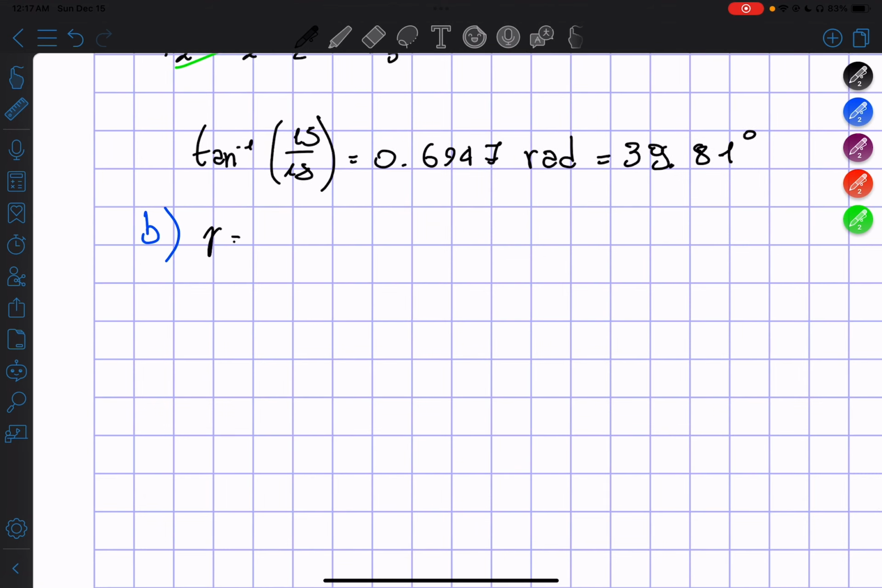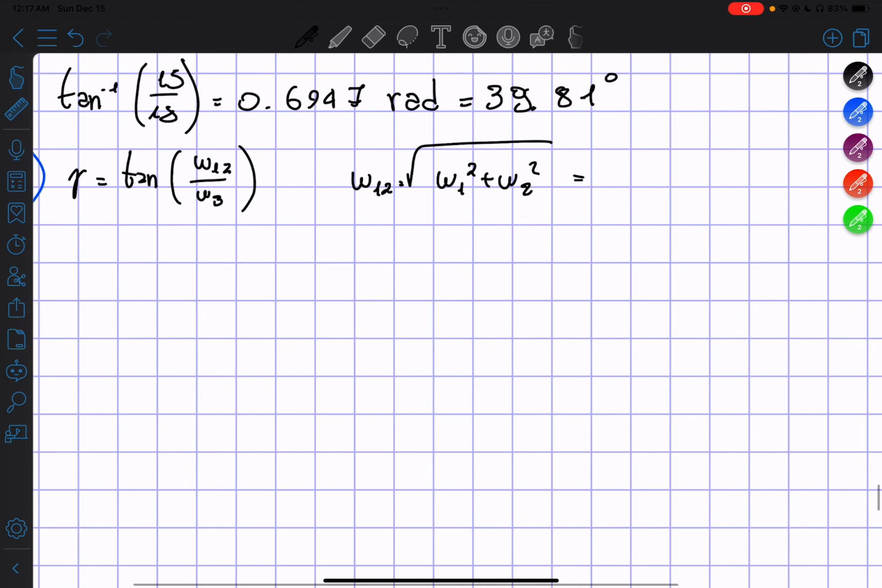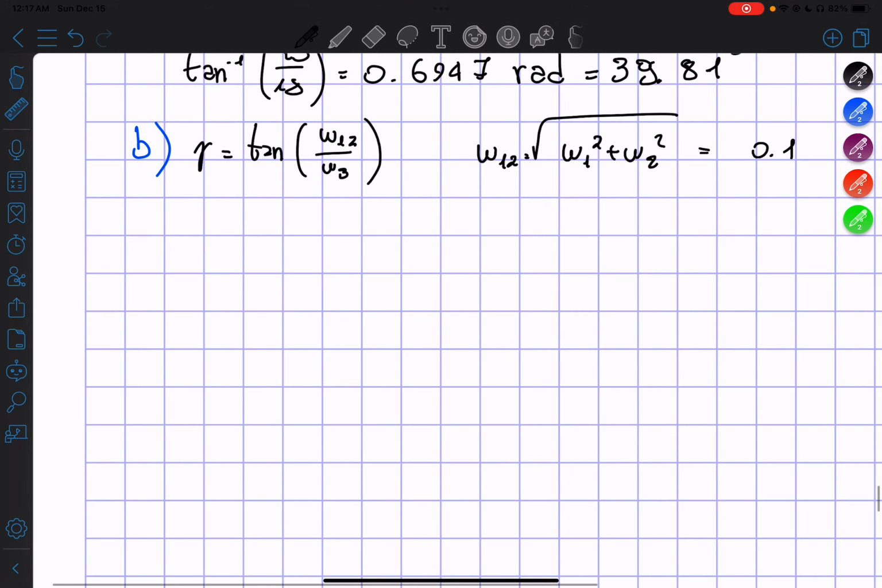Now for part B, we have to find gamma. The angle gamma then is tangent to the power of -1 of omega 1,2 divided by omega 3, where omega 1,2 is equal to, similar to our h before, h1,2, the square root of omega 1 squared plus omega 2 squared. However, this means it's just going to be 0.1, and therefore our tangent to the power of -1 of 0.1 divided by 0.6, or 1 over 6 really,